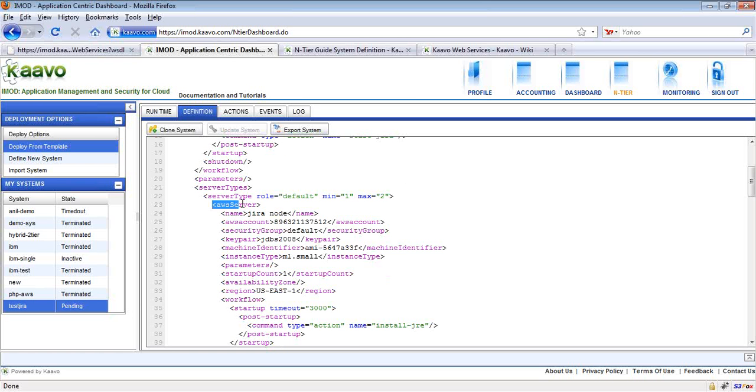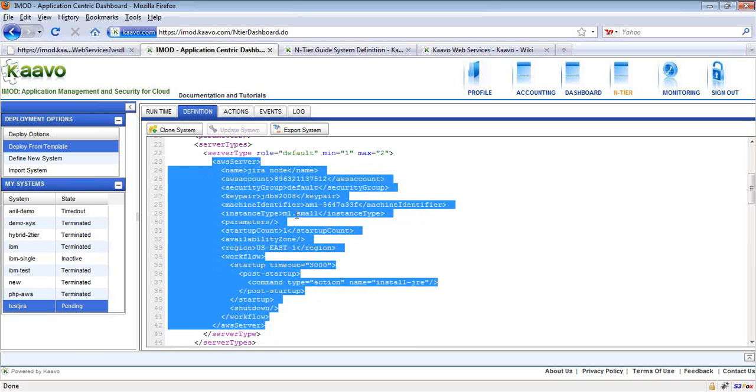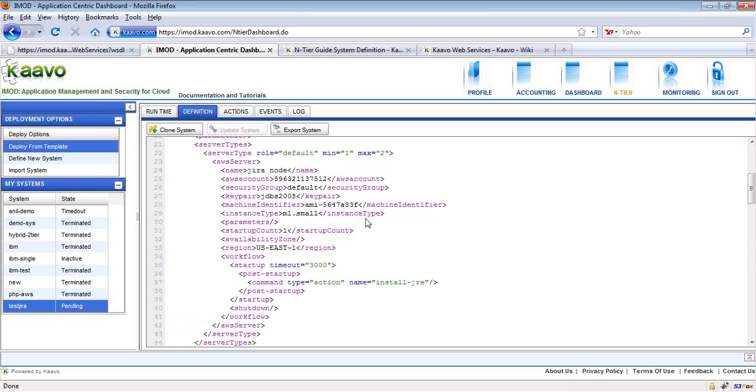And Amazon servers are specified by using AWS. So this is the AWS server element, and information is also specified there.